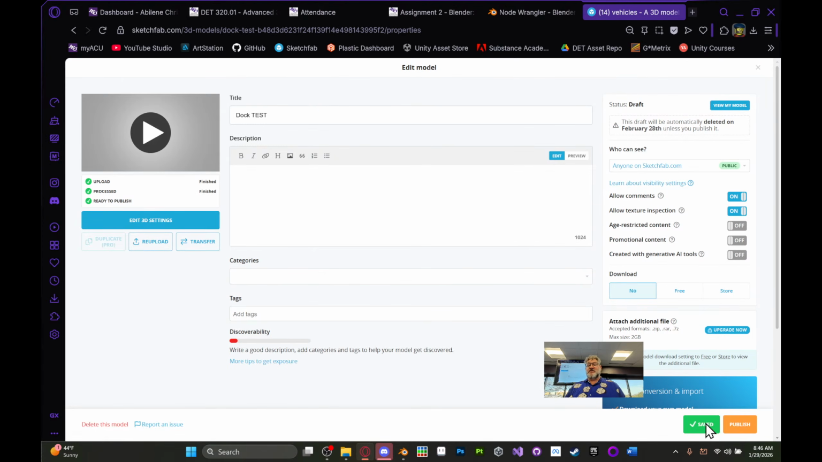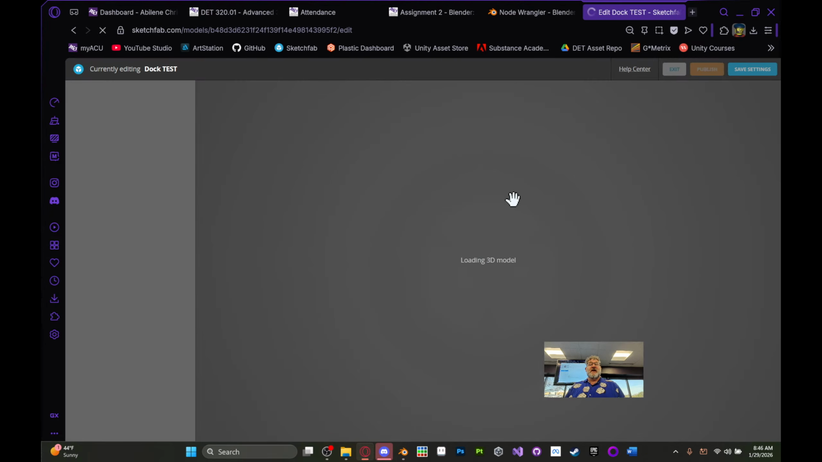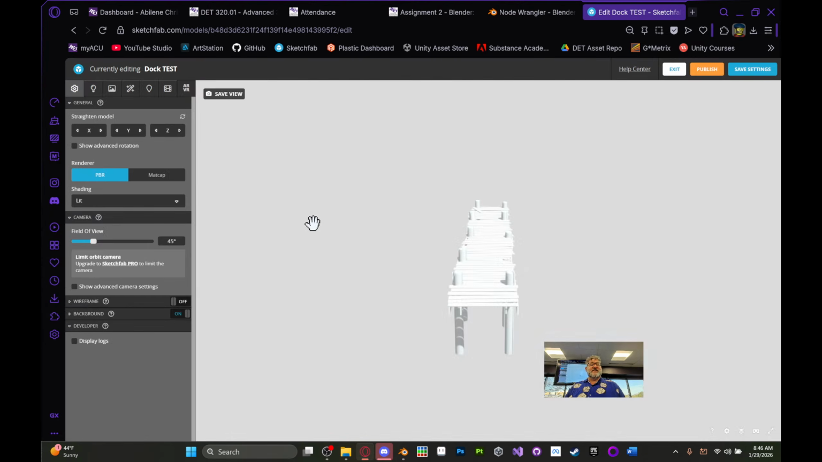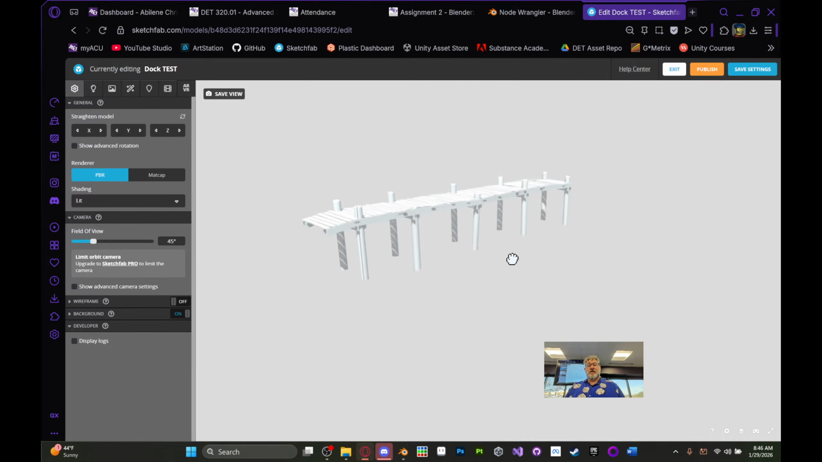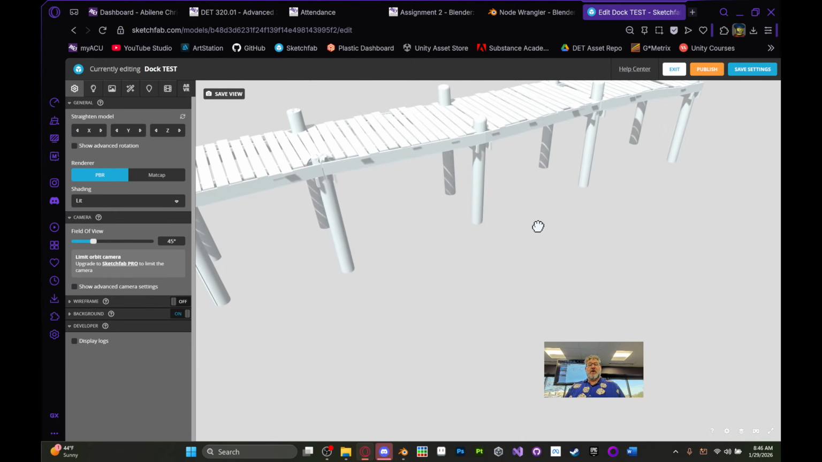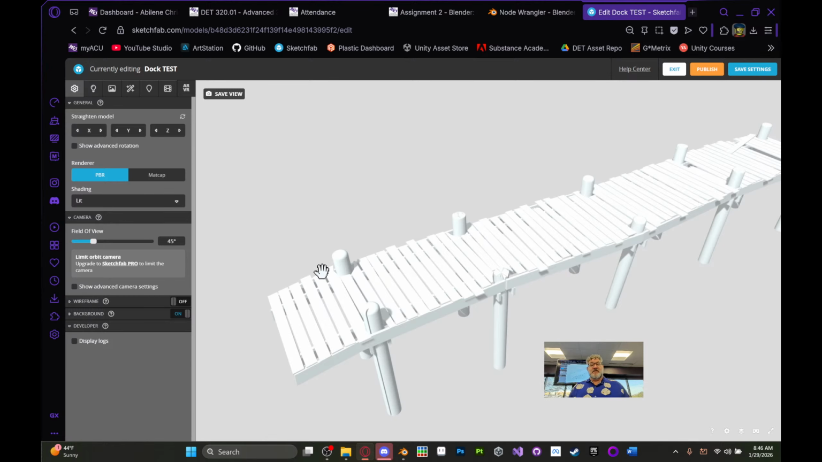Yes. All right. So it should be saved. It's not published yet. I'm going to come to edit 3D settings. So you might find this is what we've got to do. So I've got the dock. I haven't done this in a hot minute. So we'll walk through it. So this is the model without any textures on it, but I've got all the textures